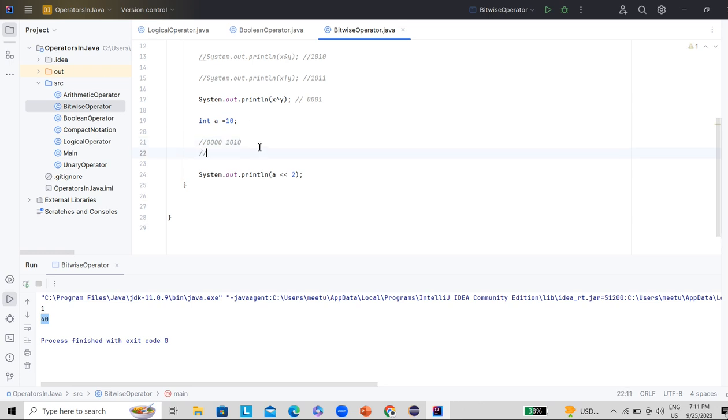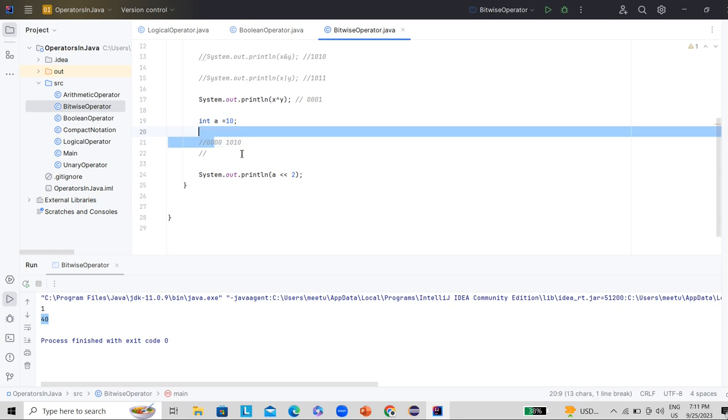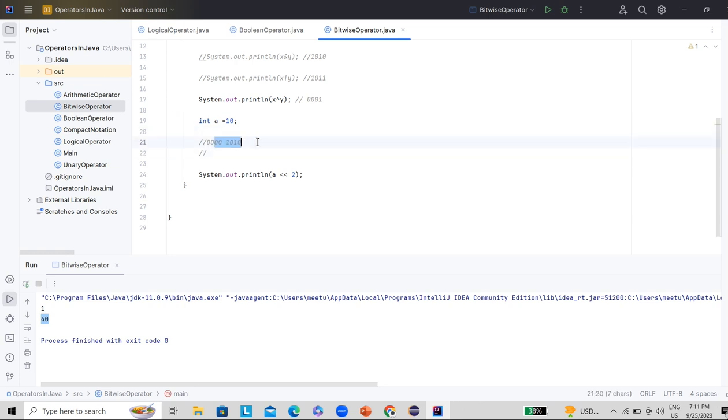After shifting it, how is it going to shift basically? These two digits are going to shift, so we are shifting to the left side. Left side means let's remove these two digits and print the rest as it is here, right? And the binary formation is like 4 digits, so let's make it 4 digits, and the remaining digits will become 0 only. This is how it is going to shift two digits at the left side.